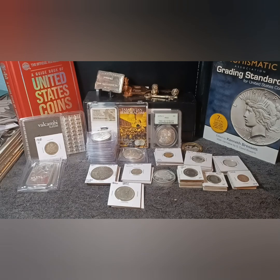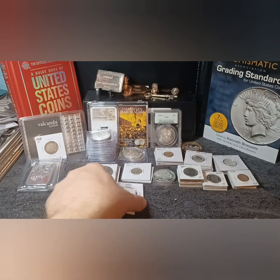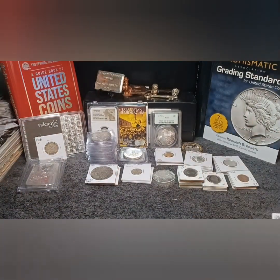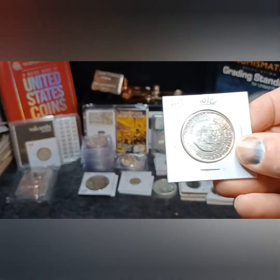Anyway, not everything here I got from the coin show. Some of it was in something that I picked up from a local source. So let's get to it and show you a couple of quick things here. Just a couple of easy little. Let me move this light over so we can get a better view. How's that look? That looks better. Let's see what it looks like when I...